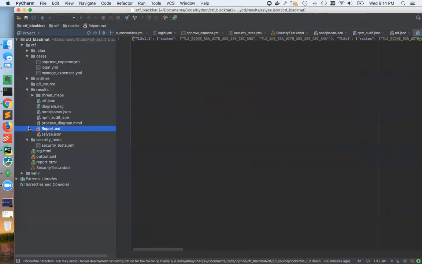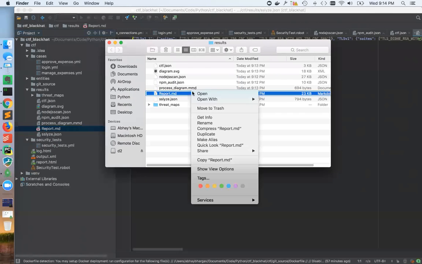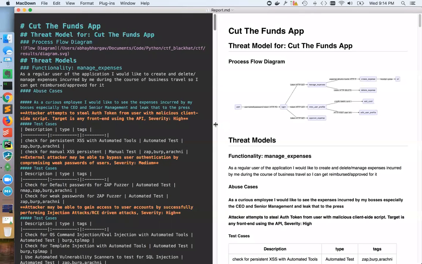So since it's iterative, you can use this as a continuous process. So you can keep adding features, adding tests, and it would all be stored in the MongoDB on a find or create kind of basis. So let me just quickly take you through the report. And I'm going to reveal this in the Finder, open it with my Markdown reader,